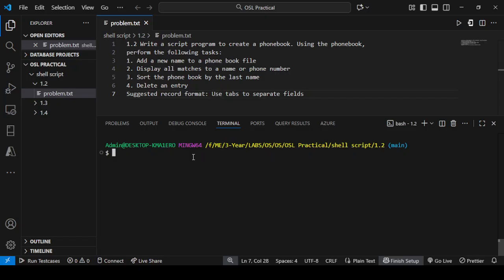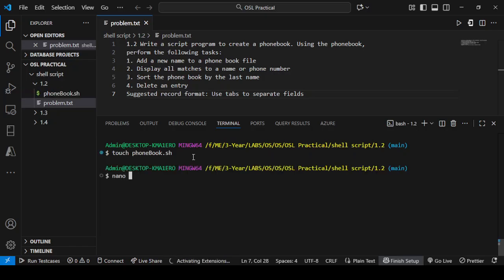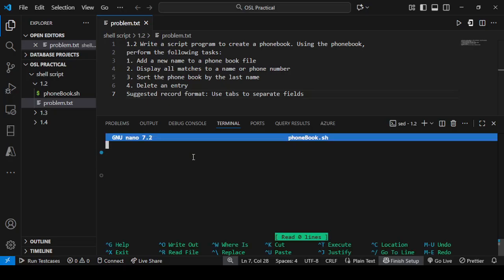So first we'll create a file, touch phonebook.sh script file. Then we'll use nano in order to open phonebook.sh. Here the header: hash exclamation slash bin slash bash. Now this has a list of tasks, so we'll have to create a menu for all the 4 tasks. And the format would be something like name